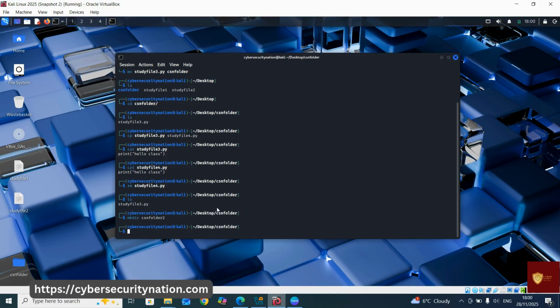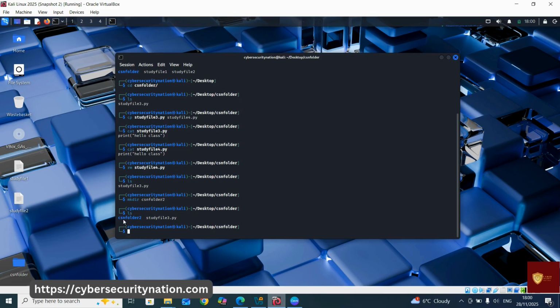Click on enter. So now we have a new directory, ls, to list the files to see, csn folder 2 inside this directory, and python file. So to delete this directory or folder, use rm, name of the directory we wish to delete, csn folder 2,